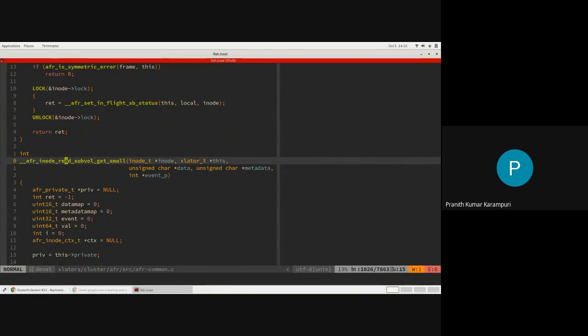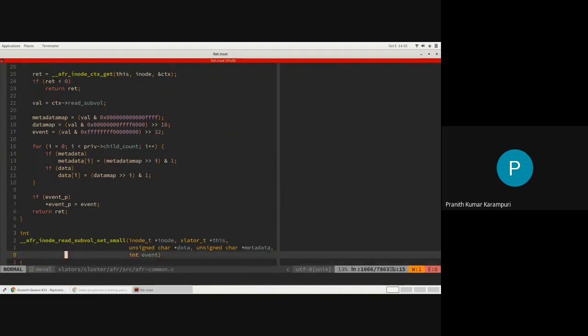At the time of lookup, based on the extended attributes present on these directories and files, you know which subvolumes have a good copy, because of the pending extended attributes or data extended attributes present on the inode.